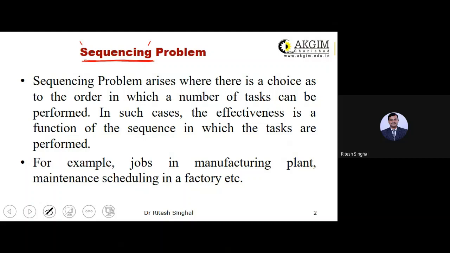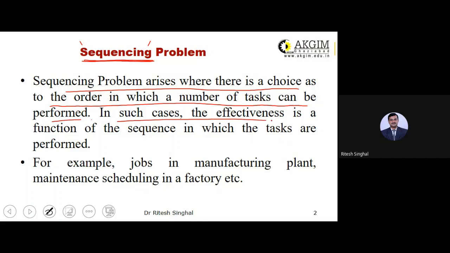Whenever we make a sequence of the jobs given to us, our objective is to find the optimal sequence where all the jobs are completed within minimum time. Sequencing problem arises where there is a choice as to the order in which a number of tasks can be performed. So whenever you have a choice, the optimal sequence will give you an arrangement of jobs so that your total time taken is minimum.